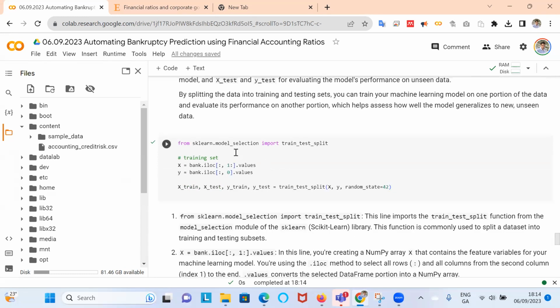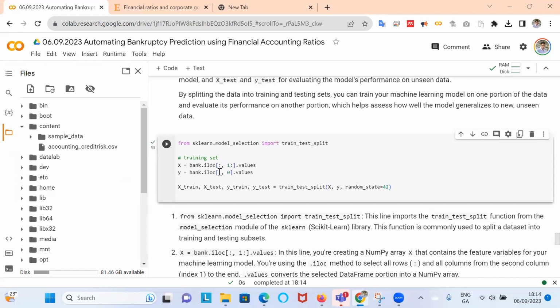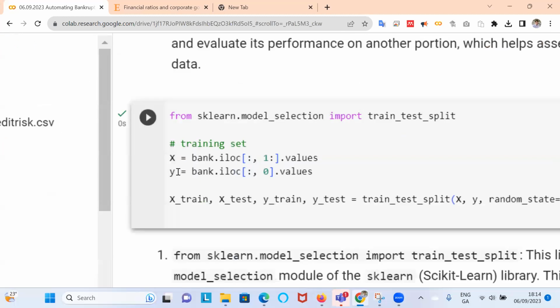We separate in our data the X from the Y. The X's are the independent variables, basically the financial ratios, and the Y, only one Y, here is the bankruptcy. It's the 1-0 column. So we're trying to predict the 0-1 outcome by all the other financial ratios.